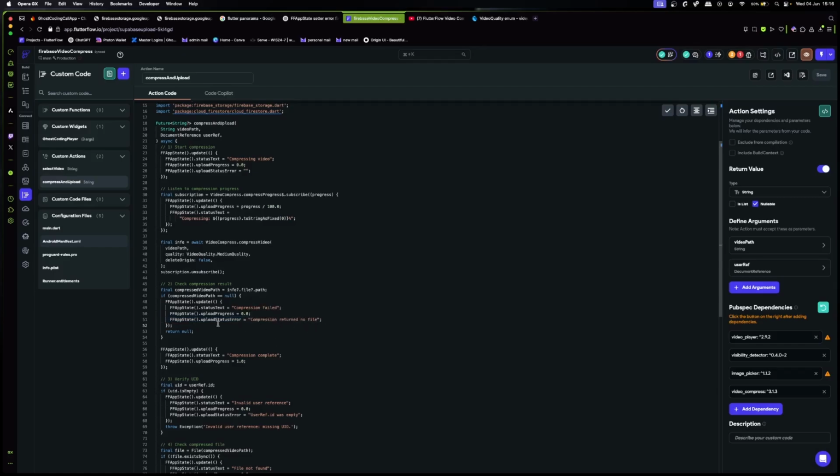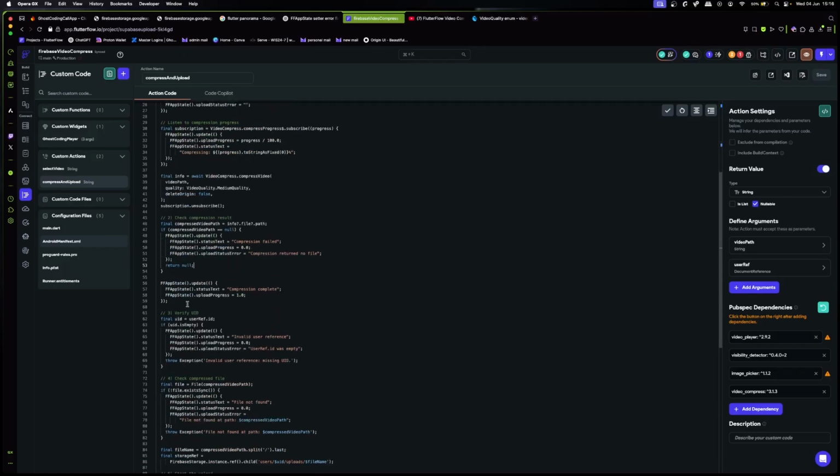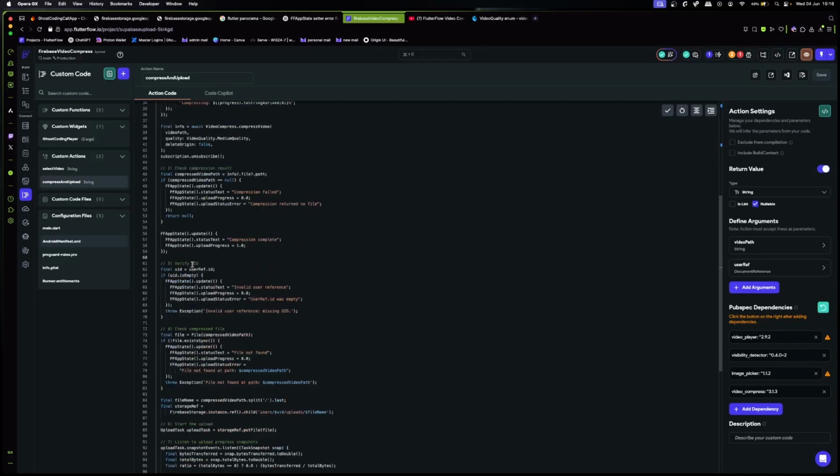That's good, because now if we want to show an informational dialog, we can just set that informational dialog's message text to be this upload status error. Now we are going to go through that, right? Finally, we can put the compression state to complete, although this is not really needed since our compression logic here will automatically have that done. But to make sure that it is all done, let's just add this in. From here, we will then start with our actual upload.